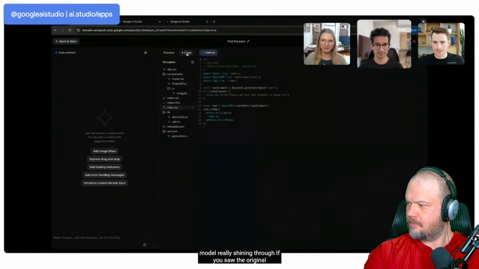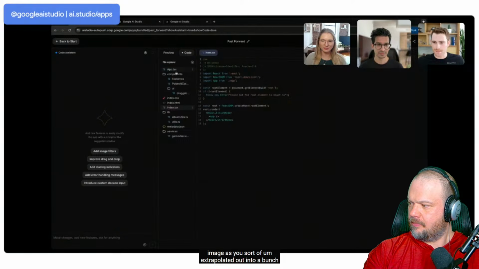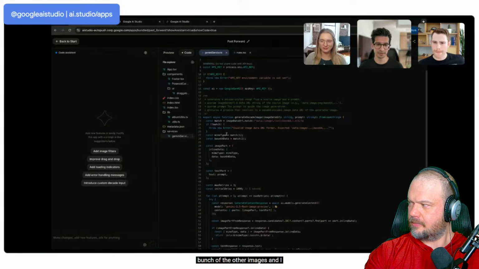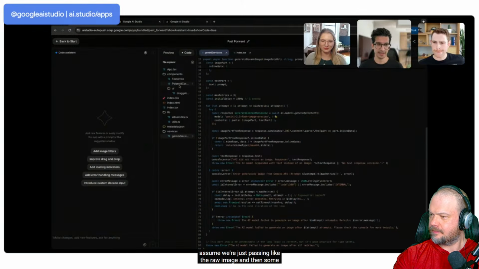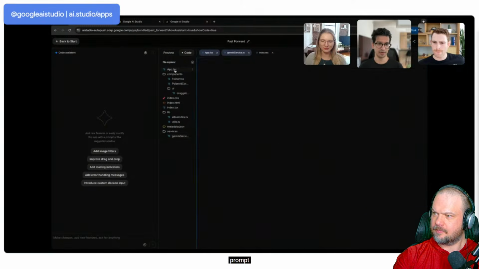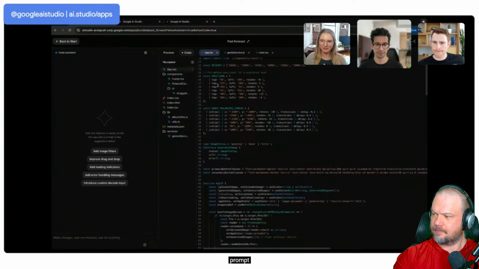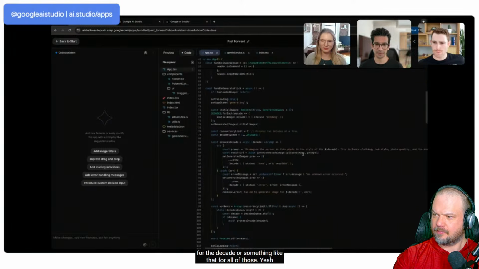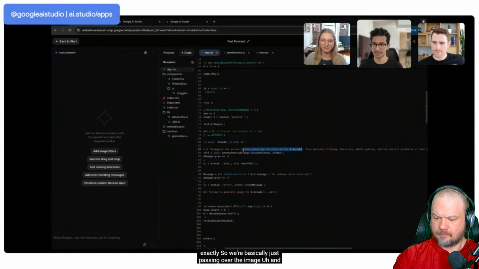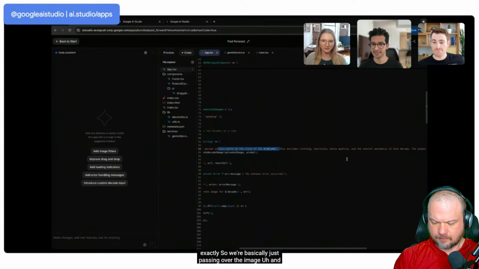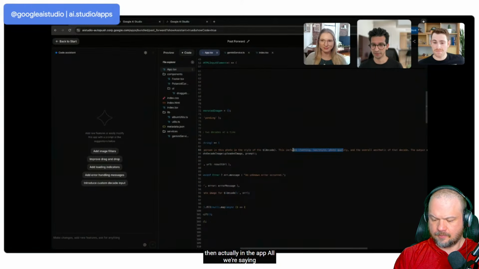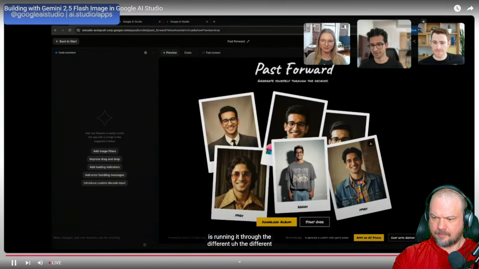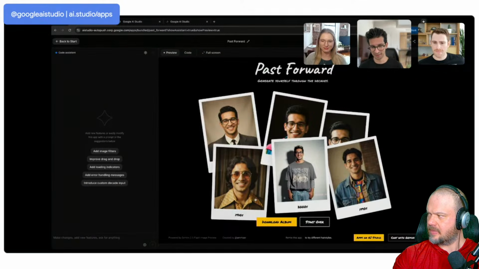And then some prompt for the decade or something like that for all of those? Yeah, exactly. So we're basically just passing over the image, and then actually in the app, all we're saying is running it through the different decades. So just reimagine this person in the style of that decade. That's really all it is. Nice. And then include clothing, hairstyle, photo quality. And you see that it reflects all the different sort of details that you would see in that decade, which